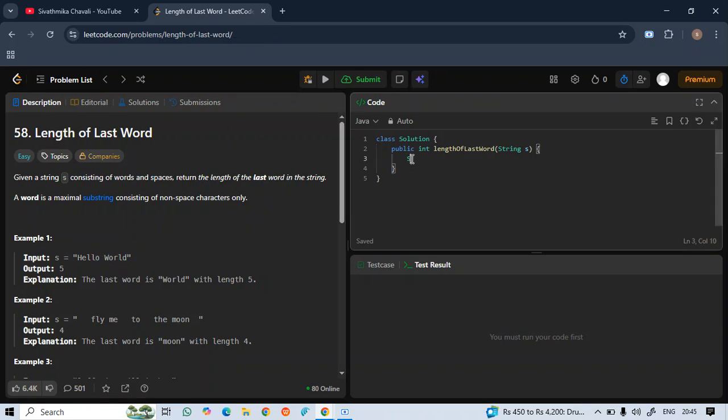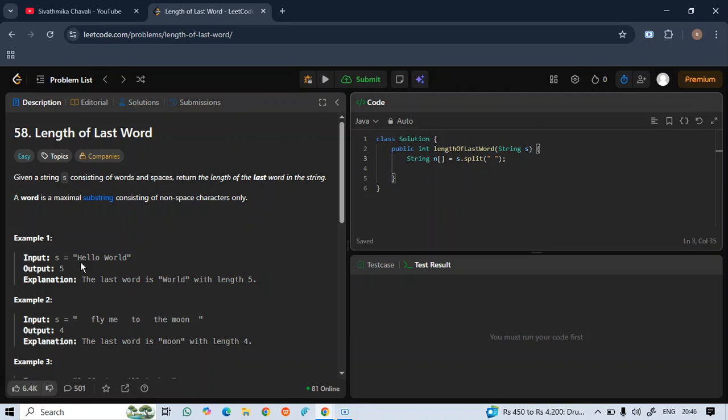See, here I am going to take one string array and I am going to use the split method that is present in strings, and here I am giving a space. That means whenever a space occurs in the given string s, you should consider it as a separate word.